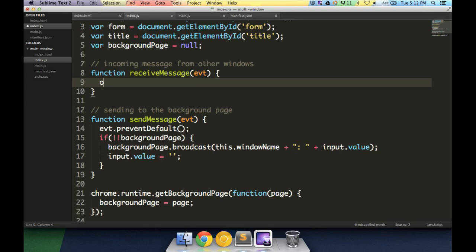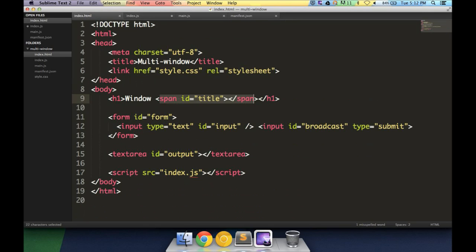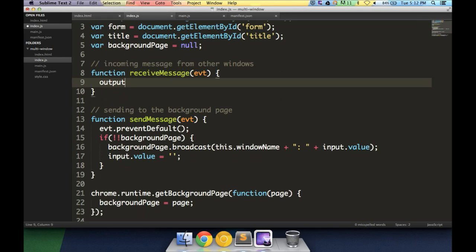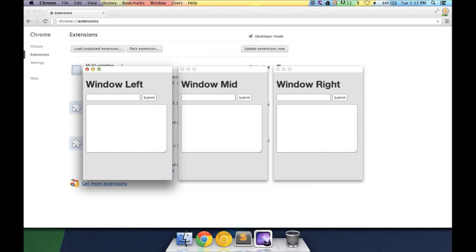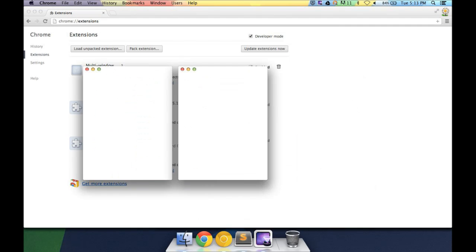And I'm going to say output, which, if you remember, is this text area over here. So I've got a text area on the page. I'm going to say output dot text content plus equals the data, and then a new line just to keep things nice and neat. So hopefully all being well, unless I've made a mistake somewhere, when we reload the application,